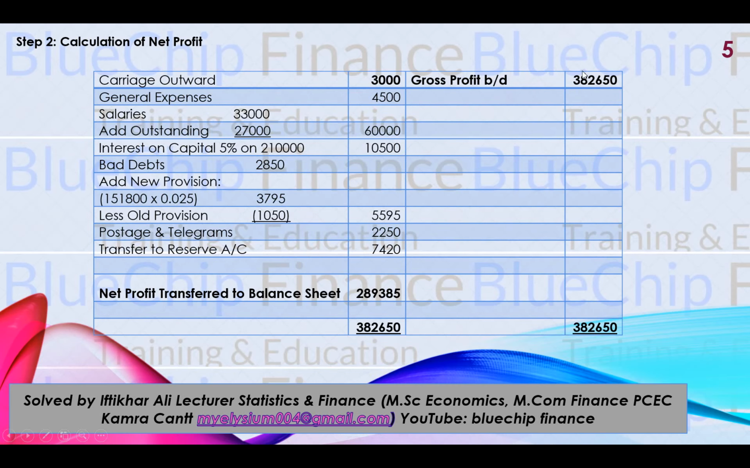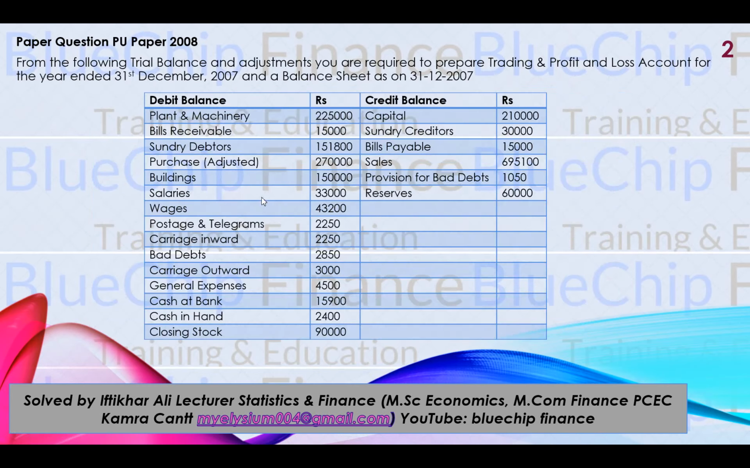अब आपके पास ये पैसा है सेल्स का बाकी बचा, और इसमें से हमने जितने भी बाकी एक्सपेंडिचर्स हैं वो माइनस कर देने हैं। अब बाकी एक्सपेंडिचर्स क्या क्या हैं? बाकी एक्सपेंडिचर्स जो हैं वो इसमें से हम तलाश कर लेते हैं। प्लांट एंड मशीनरी एसेट, बिल रिसीवेबल एसेट, सन्ड्री डेटर्स एसेट, परचेजेस ट्रीटेड, बिल्डिंग एसेट, सैलरीज 33,000, पोस्टेज एंड टेलीग्राम 2250, कैरेज आउटवर्ड 3000, जनरल एक्सपेंसेस 4500,